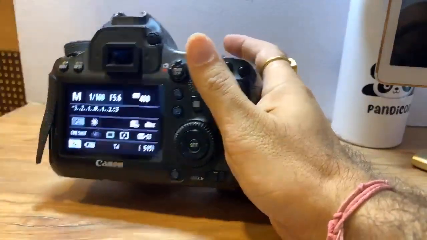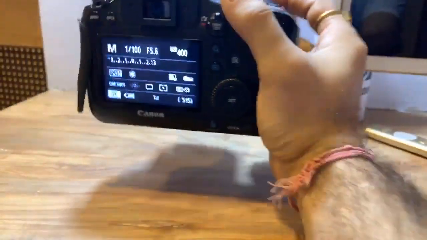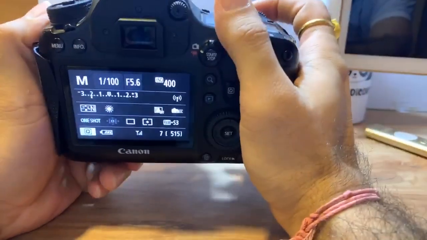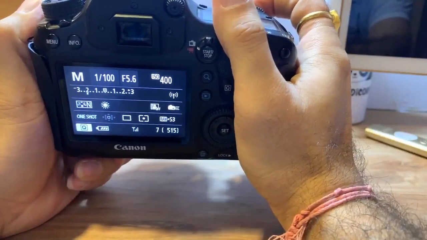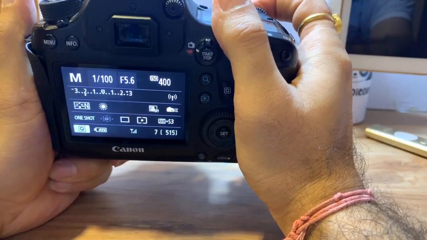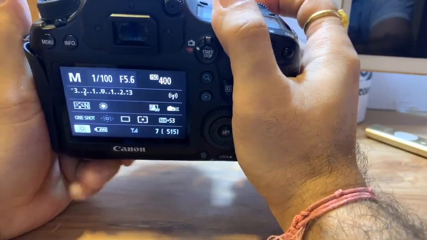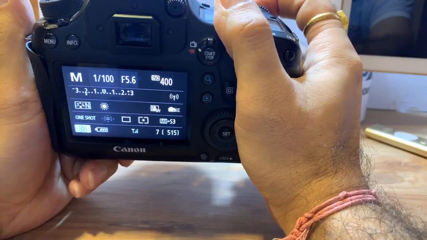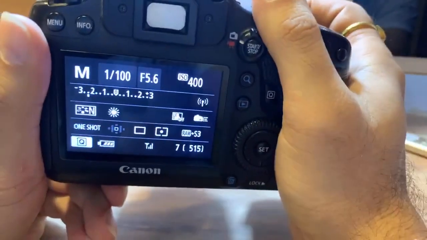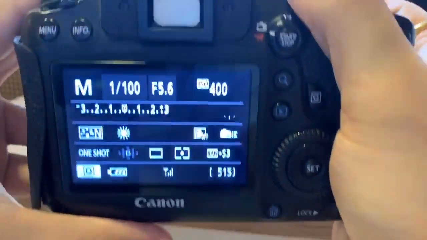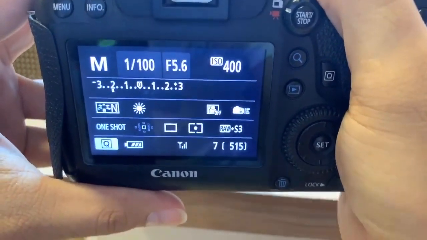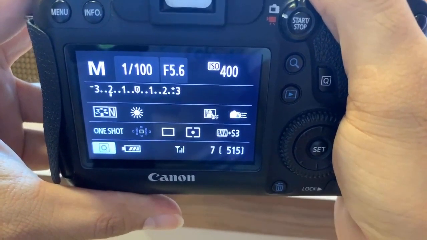So let me keep a shutter speed of 1/50. That is going to prevent the blurring. And let me see where my cursor is going. Now my problem is my cursor is stuck at -2. If I take an image over here, it's going to be dark. It's not focusing because I have crossed the minimum focusing distance limit. You can see that I'm at -2.